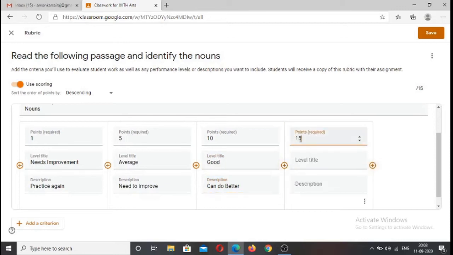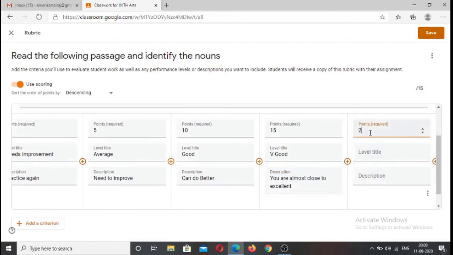And if he scores around 15, we can say very good, you are almost close to excellent.